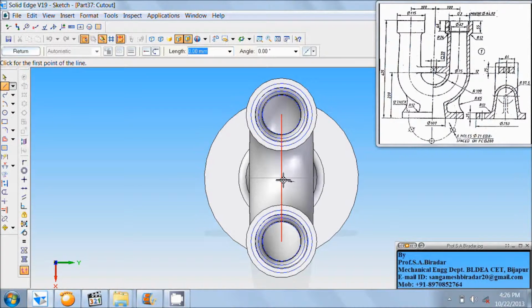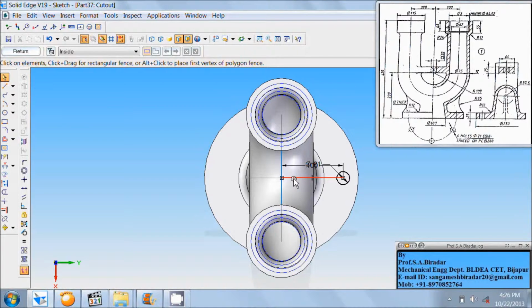From this center, draw a horizontal line of length 200 divided by 2, that is of 100 mm, angle as 0. Right click of the mouse. Here is hole diameter as 21, so take circle by center, enter diameter as 21, place that circle at this end of the line, then use select tool, select and delete this horizontal line, click on return.